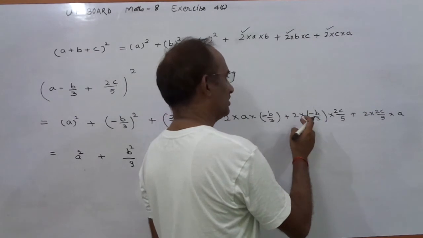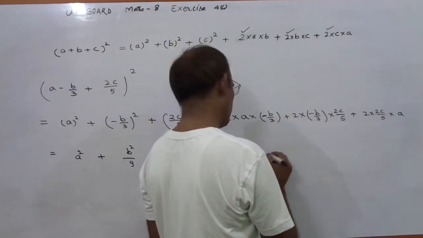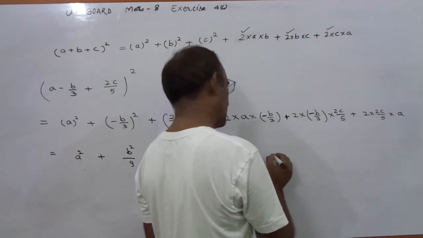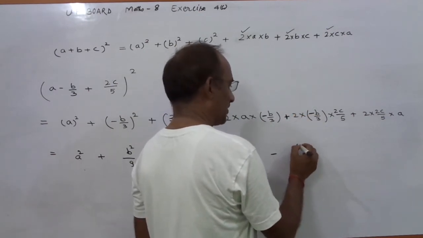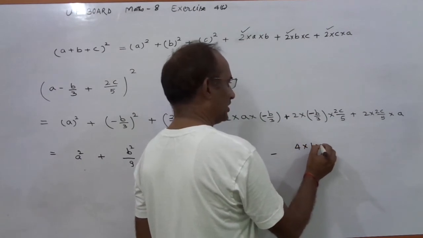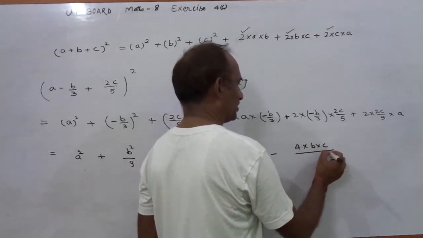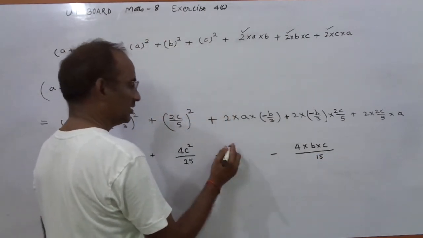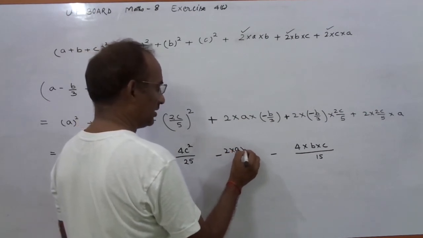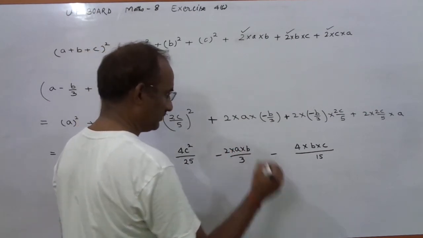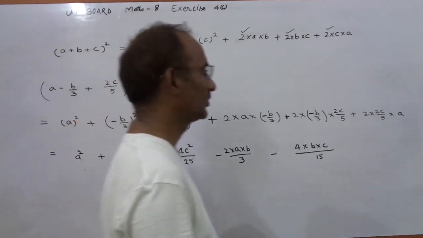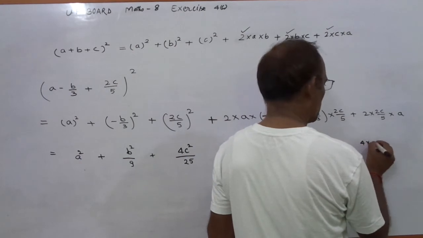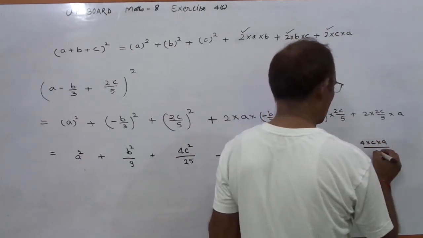Here 2 2 ja 4, and this minus multiplied with this plus you get here minus 2 2 ja 4 into b into c upon 3 5 ja 15. You can write in the same way here, 2 into a into b upon 3. 2 2 ja 4, so 4 into c into a upon 5.